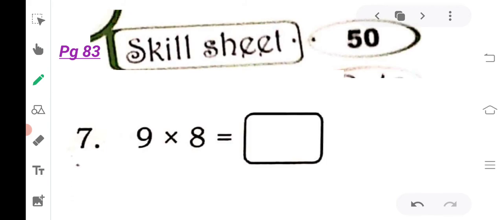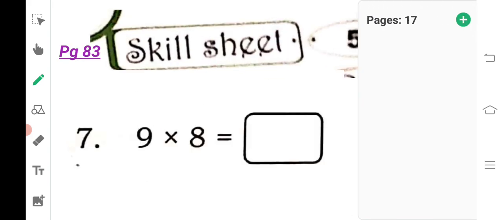140. Next, last, skill sheet 50, page number 83. 9 into 8 is your 9 times 8. Now this you will solve on your own. 9 times 8, I have explained easily to everyone. Means how many times you will write? 8, 9 times. 8 plus 8 plus 8